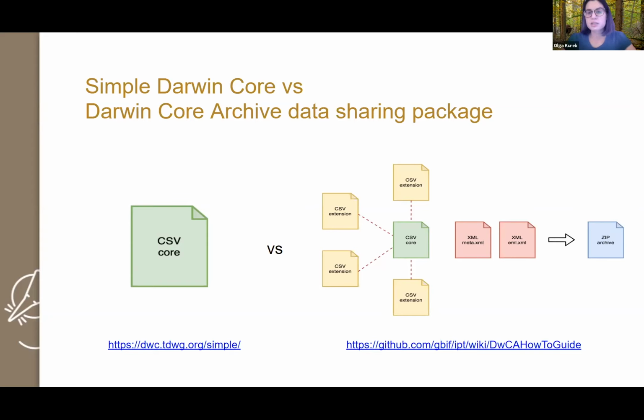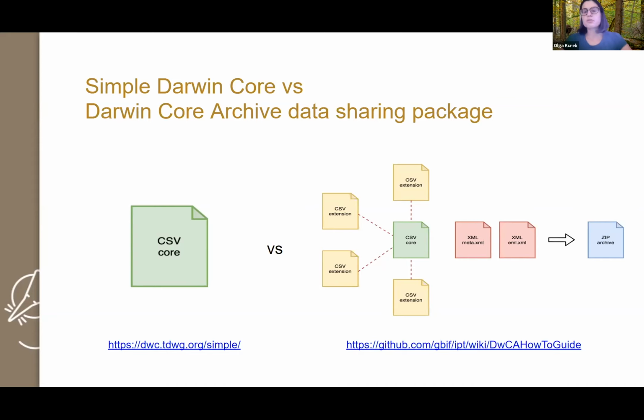It is a so-called star schema. The relation between core and extension is one-to-many, so we can enrich the core description of our resources by those extensions.